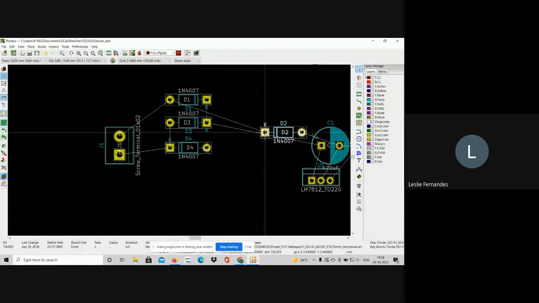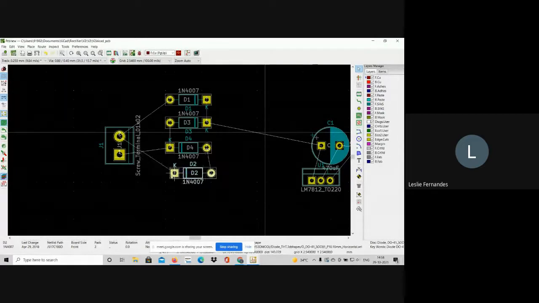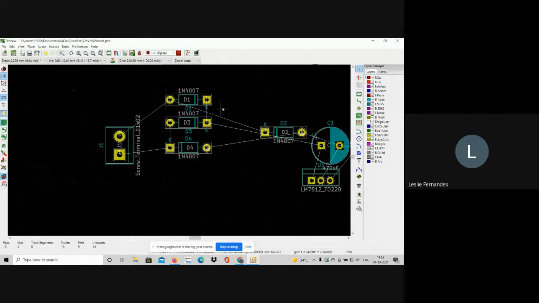Again, I'll click on the diode, press M, and move it and place it. I'll place all of this in a line. Now, since I just changed the grid, I'll have to align it properly.